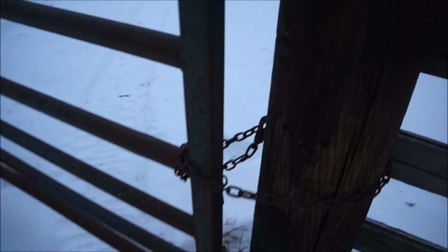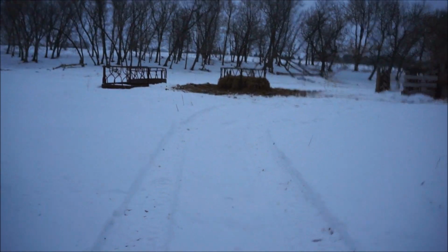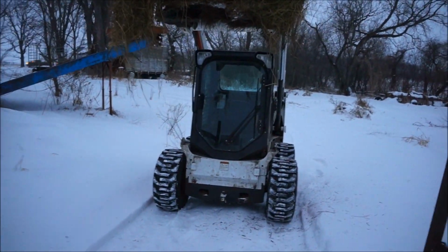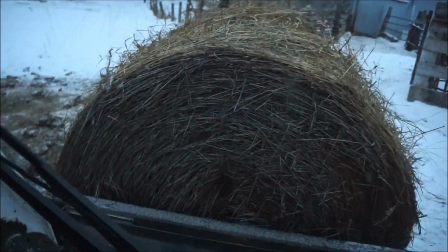Jump out of the skid loader here so I can open up the fence. Okay, we got that unlatched. And we'll be going there to dump it in that bale feeder there. Here's the skid loader with the bale on it usually, so I will set the bale down here, and I'm gonna